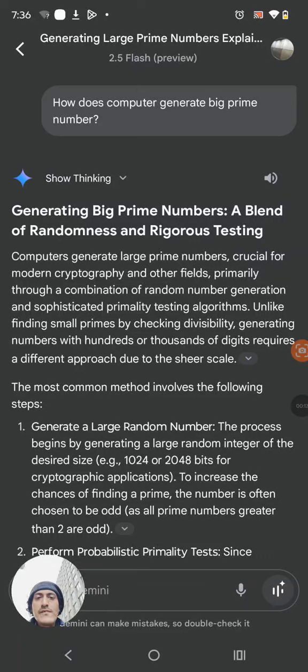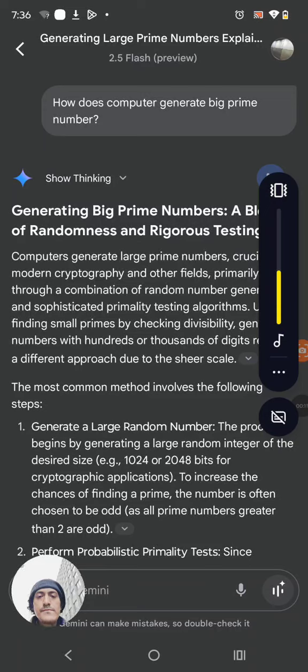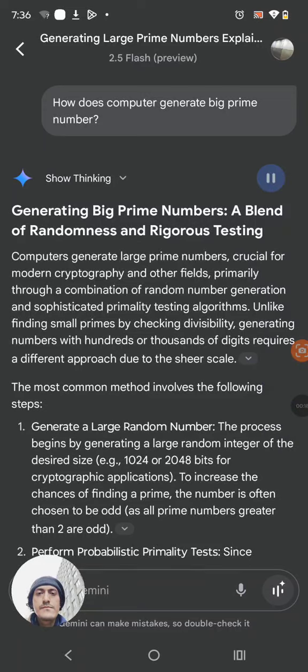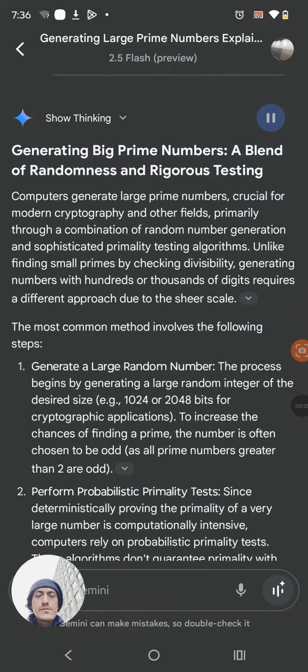Let's do this. Generating big prime numbers, a blend of randomness and rigorous testing. Computers generate large prime numbers, crucial for modern cryptography and other fields, primarily through a combination of random number generation and sophisticated primality testing algorithms. Unlike finding small primes by checking divisibility, generating numbers with hundreds or thousands of digits requires a different approach due to the sheer scale. The most common method